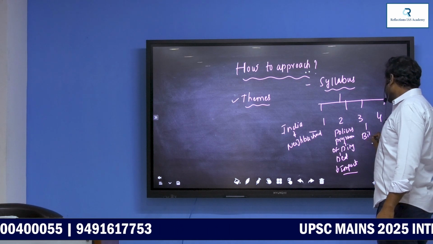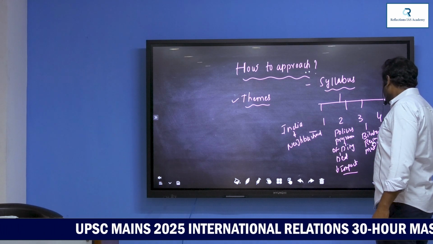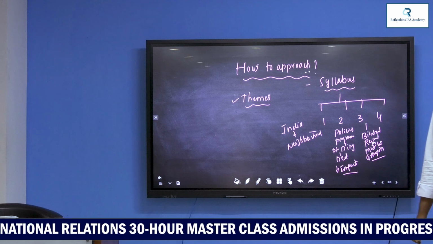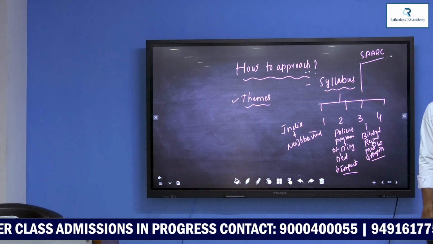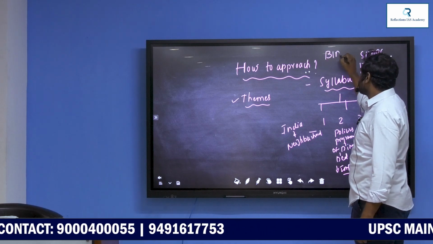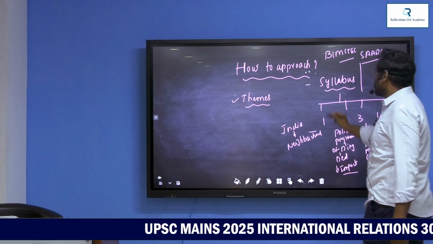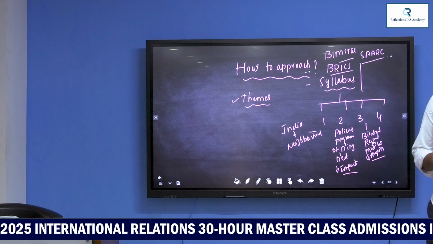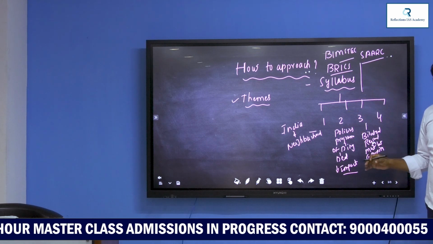Third is bilateral, regional, multilateral groupings. There are a lot of groupings. They include bilateral, regional, multilateral groupings. Okay. As an example, you might have come across SAARC, South Asian Association for Regional Cooperation. Or you might have come across the regional grouping BIMSTEC, Bay of Bengal Initiative for Multi-Sectoral Technological and Economic Cooperation. Or BRICS, Brazil, Russia, India, China, South Africa, a grouping. So these groupings, bilateral, multilateral, global, impact the